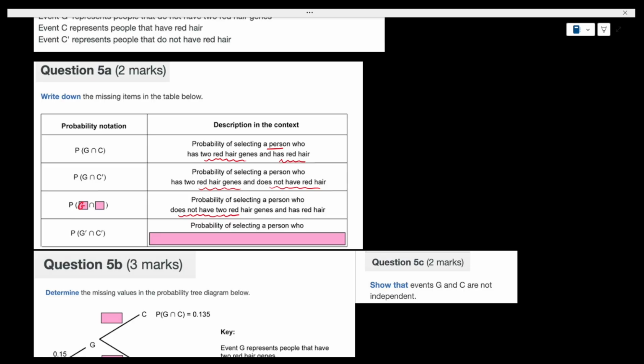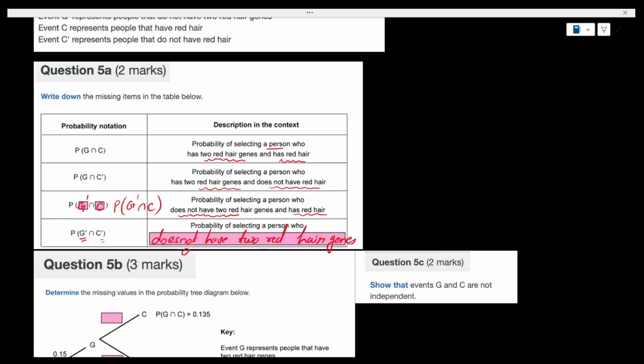That means it is going to be G complement, and has red hair means it is going to be C. So this is the probability of G' intersection C. Now the probability of selecting a person who does not have, it's G complement intersection C complement. So here, you need to type, does not have two red hair